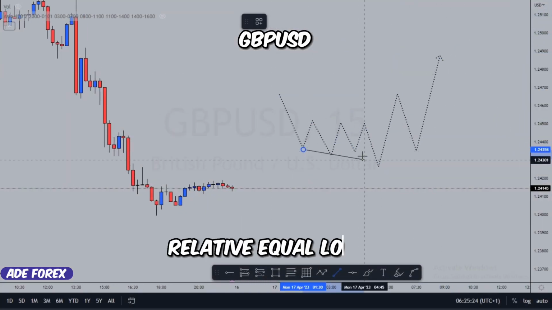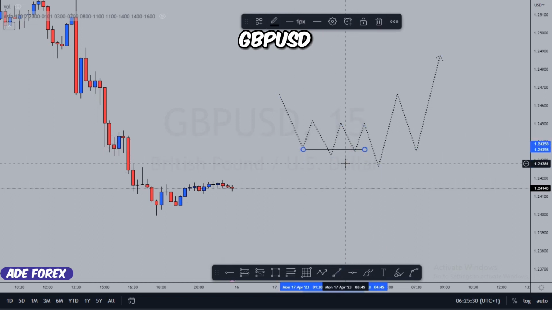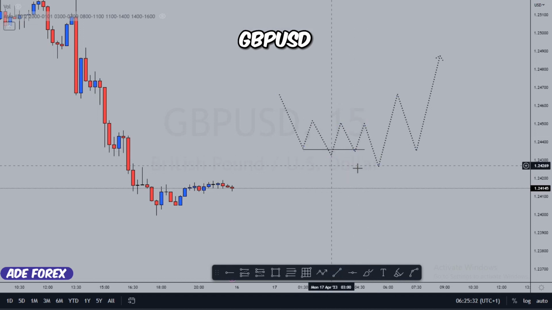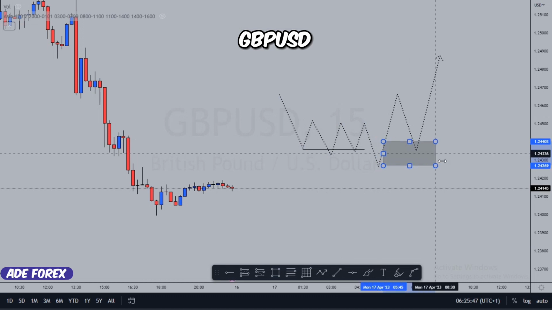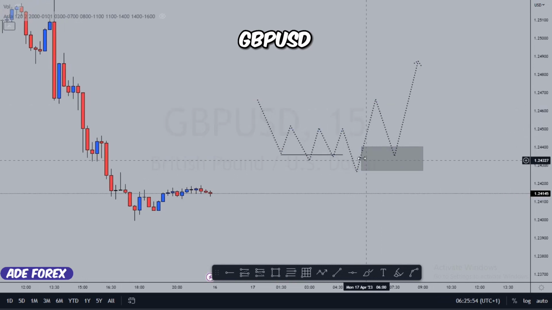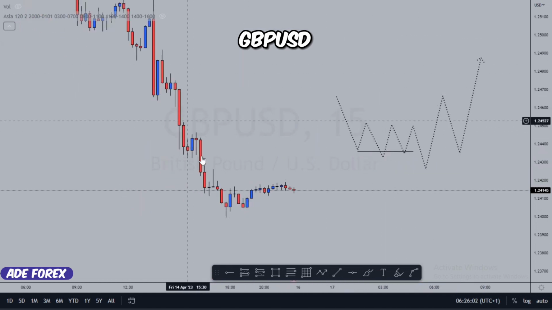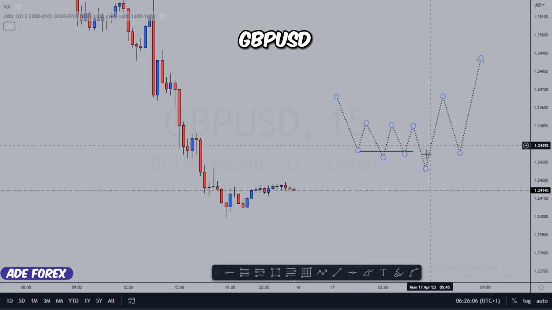These are relatively equal lows, right? They are not equal. Remember, I said relatively. So the market took out this liquidity, and then the market gave us a shift in market structure. This is telling us, okay, yes, we are kind of bullish. So my entry will be around here, if there's an order block with imbalance. Don't forget, there must be a displacement, and if there's a displacement, there's most probably an imbalance, right? So then my entry will be around here. This is what we should be looking out for on the lower time frames. We should be looking out for something like this, though it doesn't have to be exactly this.